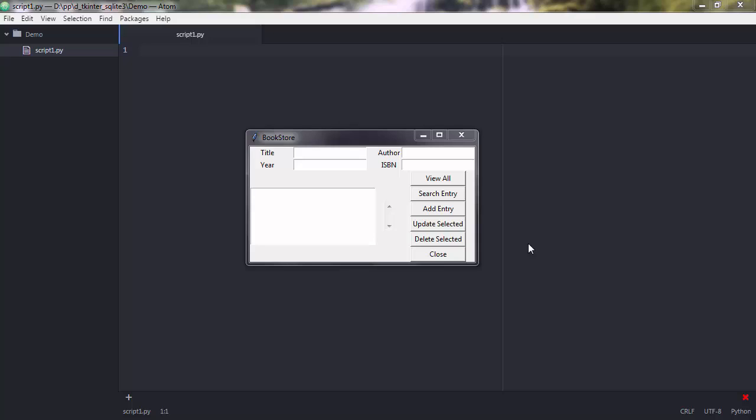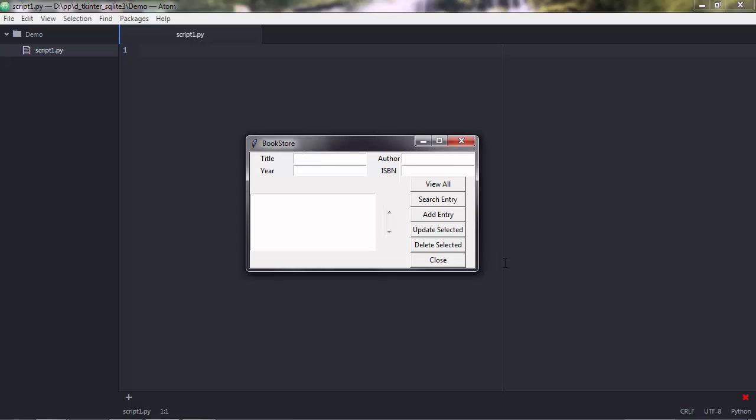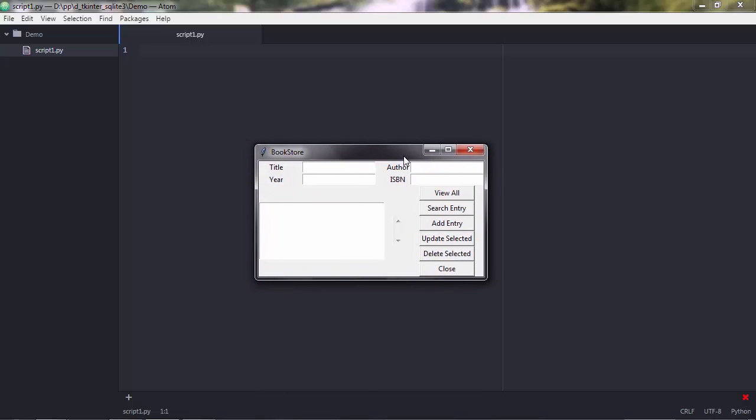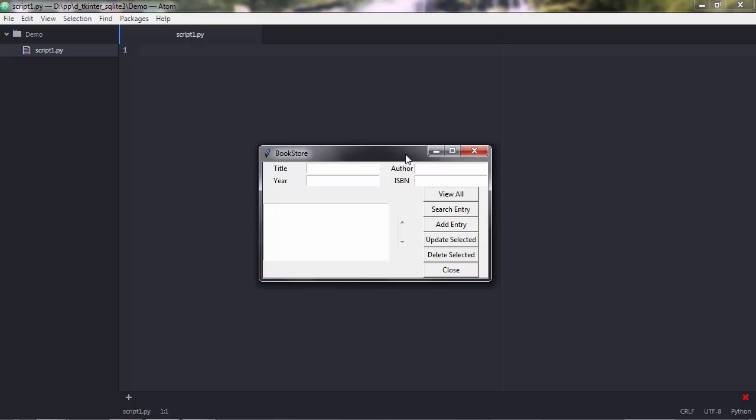Hi there, and in this lecture, what we're going to do is start to build our bookstore program. Specifically, we're going to work on the graphical user interface. Because this program has two parts, so to say. So it has a backend and it has a frontend. The backend is the SQLite3 database code, so the code that interacts with the database. And the front end is the code of the Tkinter library. So the code that builds up all these buttons, these entries, this text, and this list box, and this scroll